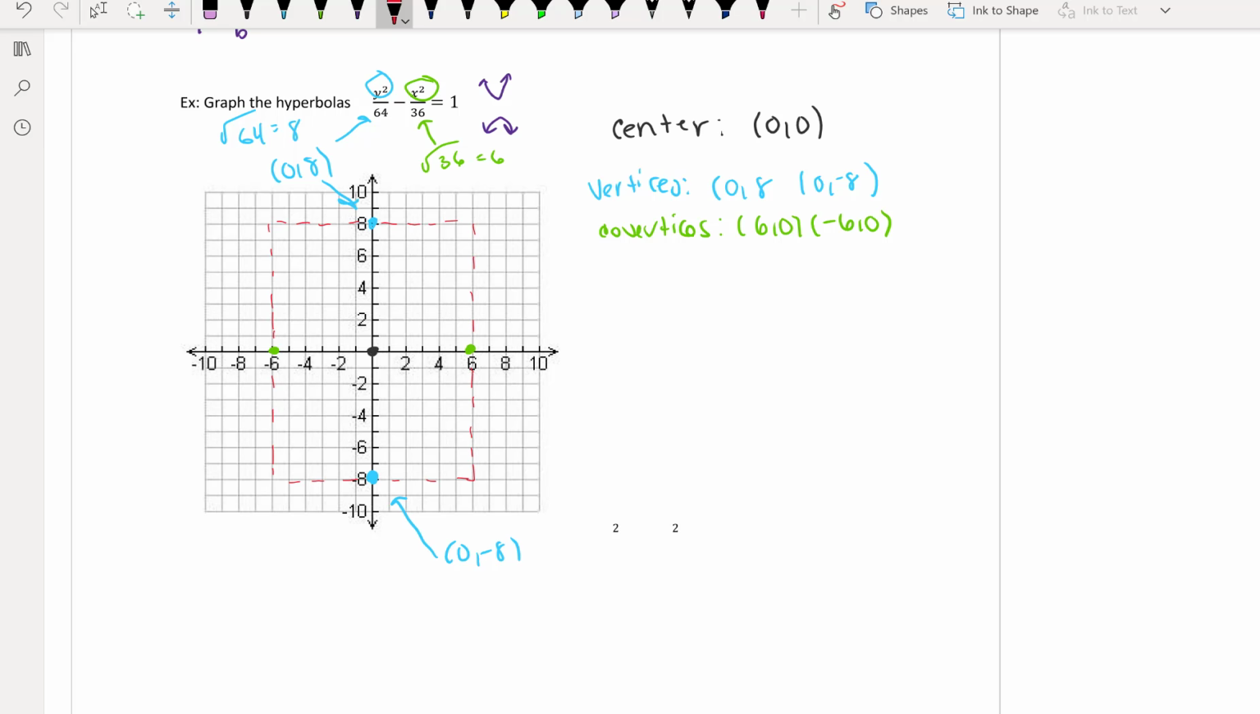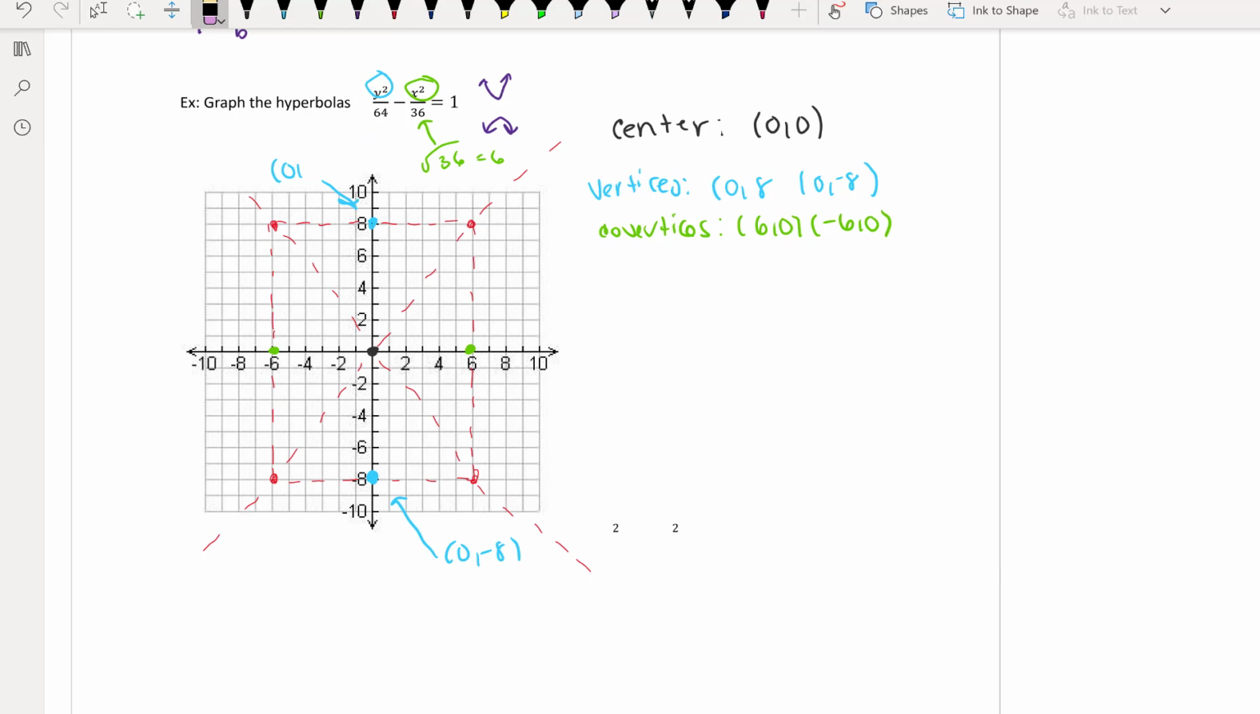And so I know that the edges here that I have, the corners of that box, I know that that asymptote is going to come directly through the opposite ends and through the center. Okay. So those are going to be my asymptotes. Now from here, all I have to do is graph those,